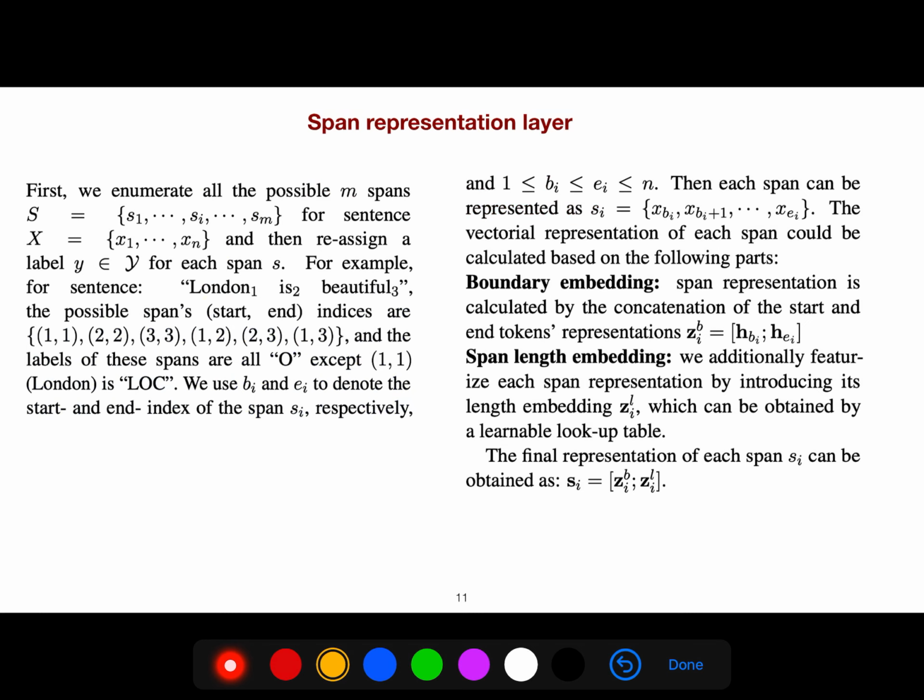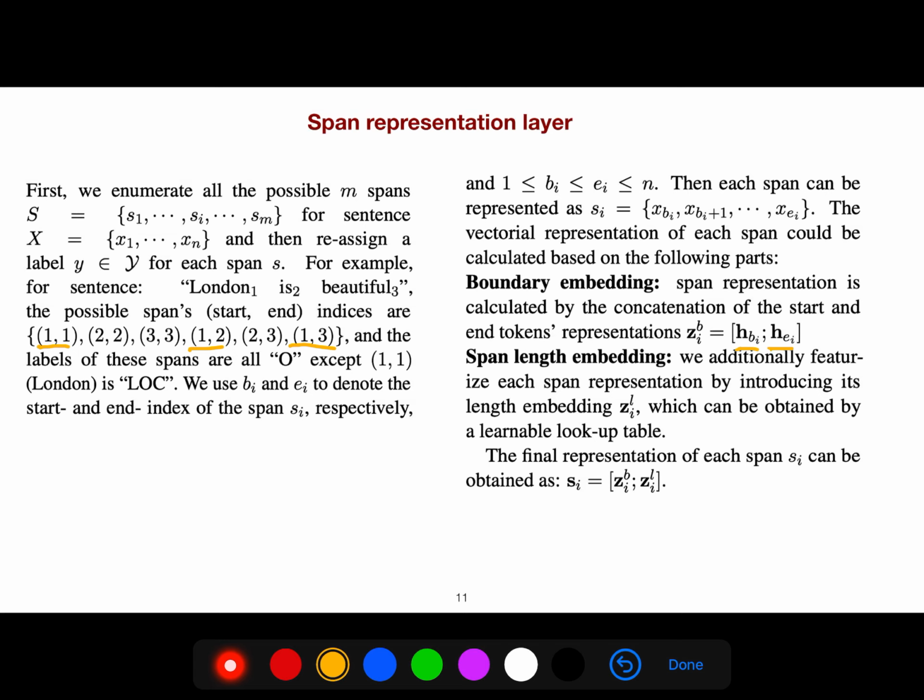We enumerate all the possible m spans for a sentence and then assign a label for each span s. For example, for the sentence London is beautiful, the possible spans with start and end are, for example, 1,1, 1,2, 1,3, all the possible spans. For the boundary embedding, we take the start and end tokens and just concatenate them.